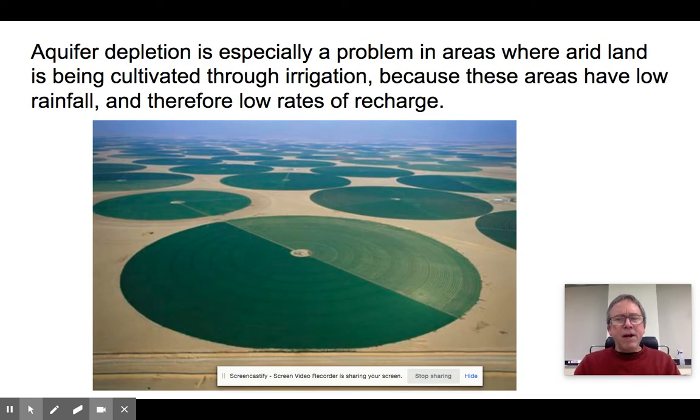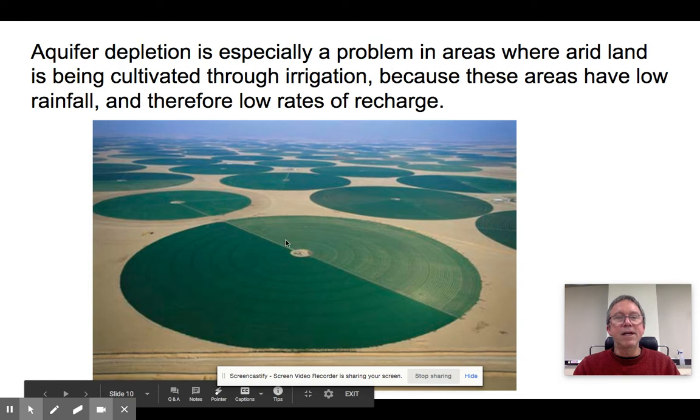Now, the place we find aquifer depletion to be the greatest problem is when we farm in areas that are fairly arid. And this is actually a very common practice. Arid lands are good because they get a lot of sun, right? And so people found it's like, well, this land seems useless, but guess what? You put water on it, and all of a sudden you can grow lots of things. So this would be